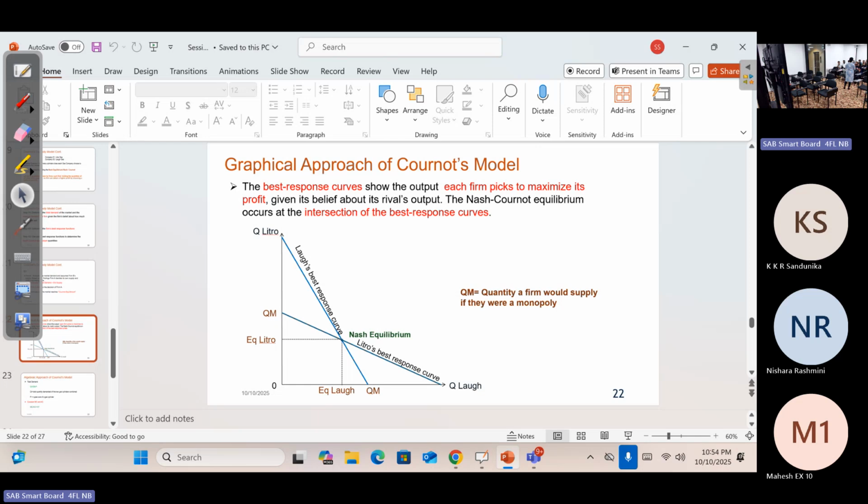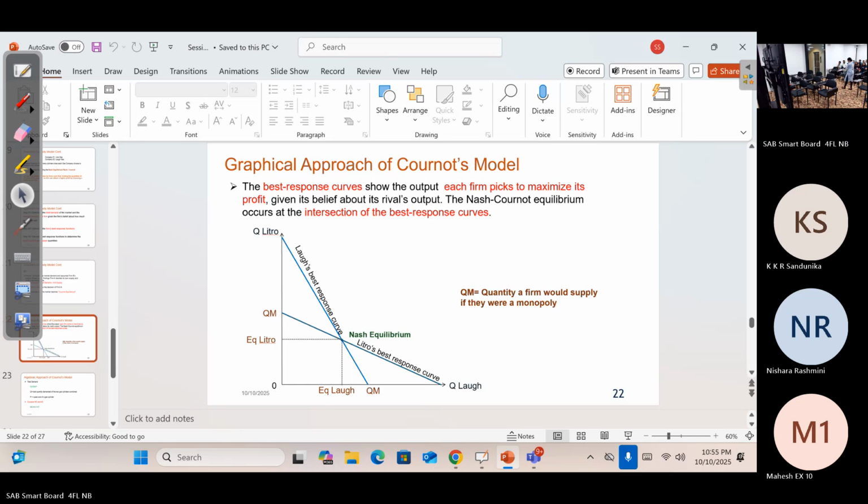Under these assumptions, two firms react and take actions and reactions based on the other's quantity. Both of the firms simultaneously and independently decide their quantity, and depending on the other's quantity, they react. So we find the best response functions for each firm, equate those two and get the Nash equilibrium. That is where the two firms decide the final quantity and come to the equilibrium. So that's all we learned under oligopoly.